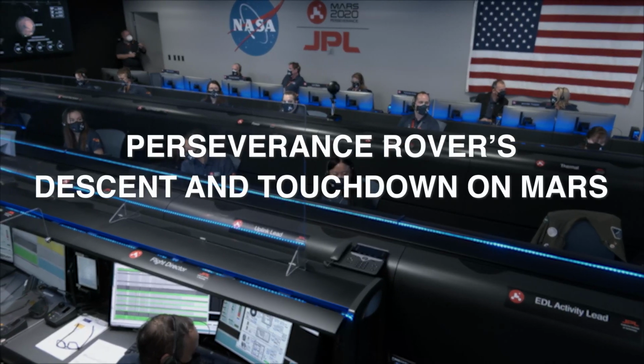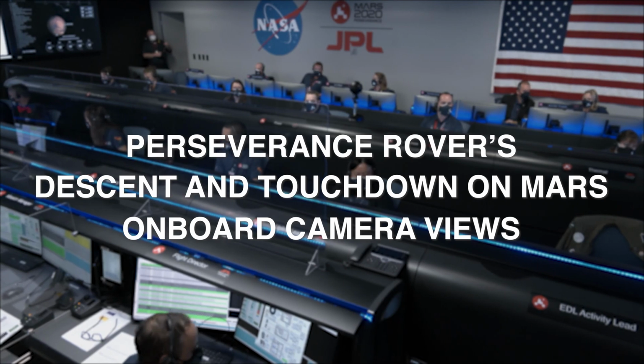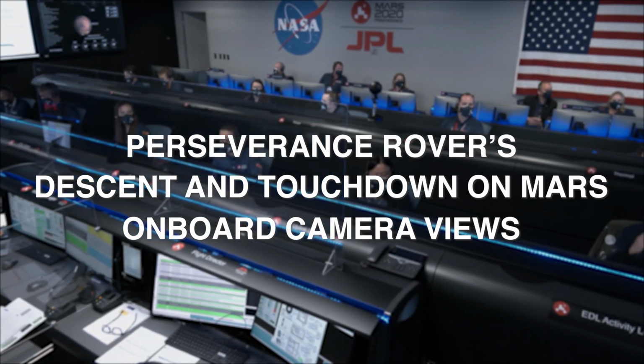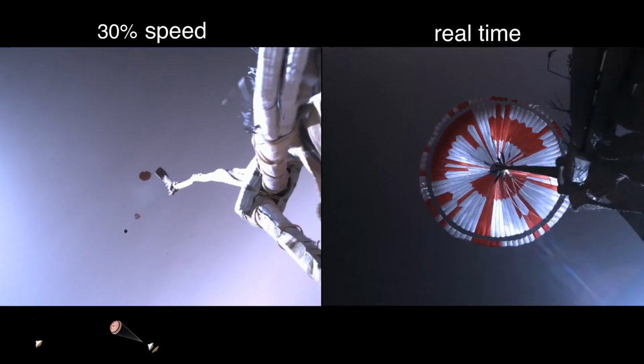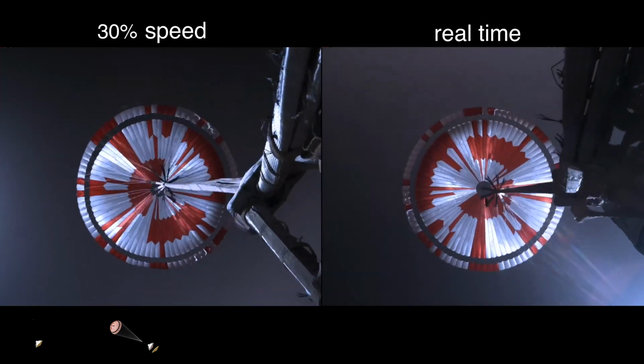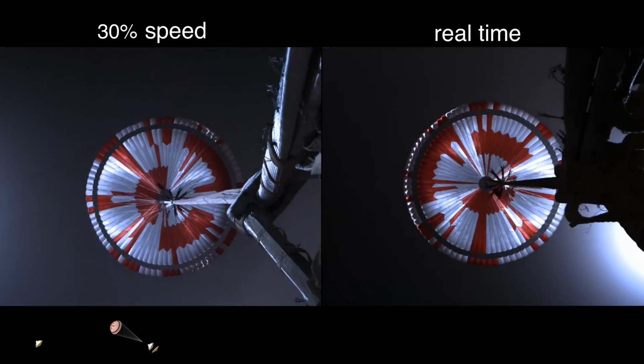We are starting the straighten up and fly right maneuver, where the spacecraft will jettison the entry balance masses in preparation for parachute deploy and to roll over to give the radar a better look at the ground. Indicate chute deploy. The navigation has confirmed that the parachute has deployed, and we are seeing significant deceleration in the